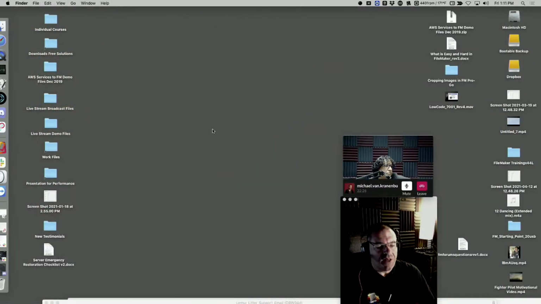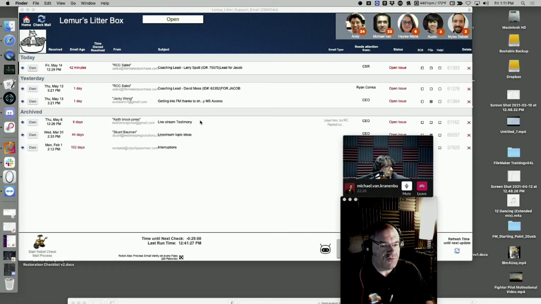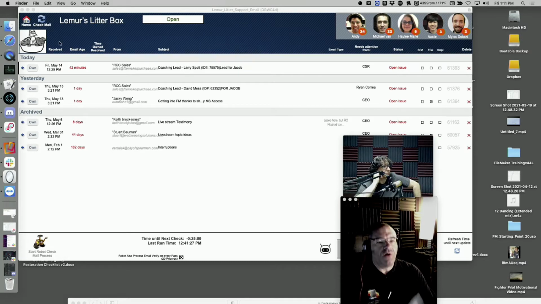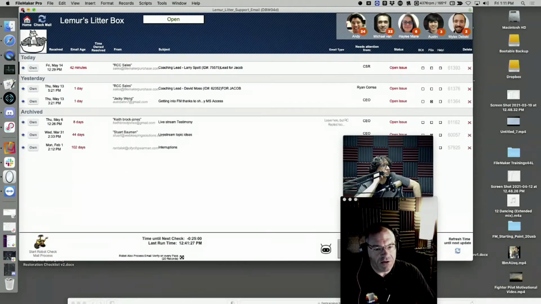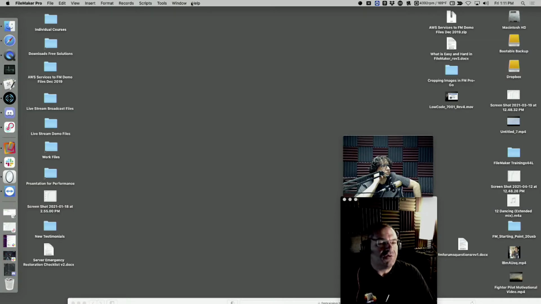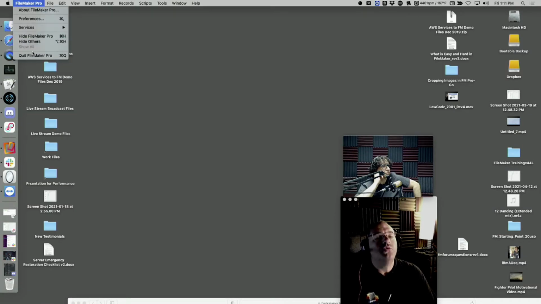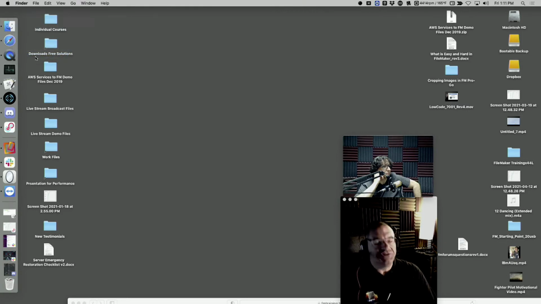What we do is we realize that we have a problem with our FileMaker. So we're on this computer right here. We have a problem, right? I'm going to minimize this. I'll get to this in a little bit. I'm going to close this. So before you fix your computer, you need to quit FileMaker. Don't do this while FileMaker's running, because you'll probably crash your computer, or just bad things could happen. So you want to make sure FileMaker is not running at all. So I've quit it. Next thing you're going to do, I have my little handy cheat sheet right here.